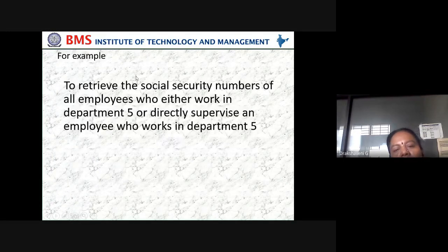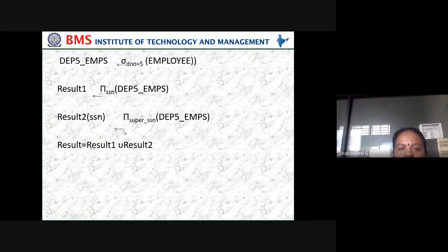Then with respect to queries, how to write a union operation? Either you can split it one by one or you can combine. First you select the employees who are working for department number 5 and store that in result 1.